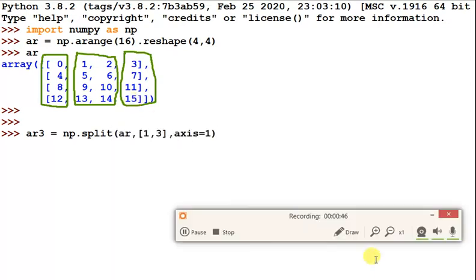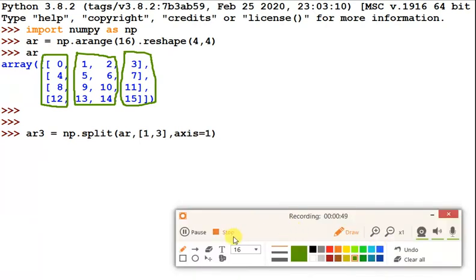So look at here, the expression I can explain. The first one: this argument, in the previous example I was passing only a single value. A single value means it divides the array into equal parts. When you want to divide the array into non-equal parts, you can pass the argument in this way. So 1, 2, 3 actually divides into 3 different parts.